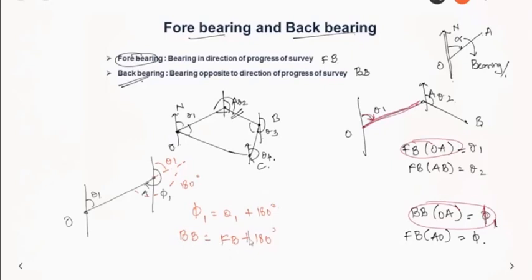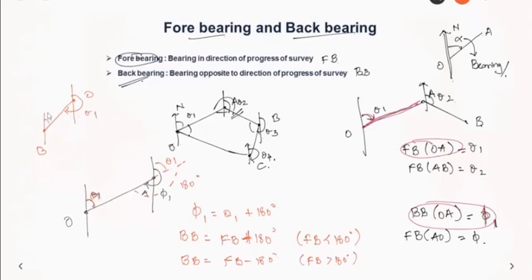So here it is a positive sign when this forebearing is less than 180 degrees. Here this forebearing is less than 180 degrees. If suppose forebearing is greater than 180 degrees, this will be a minus sign. Back bearing equal to forebearing minus 180 degrees. Let us try to draw that also. Suppose you have this point O here and some random point B here. So the direction of survey OB is like this. So this is your forebearing. Let that be theta 1.